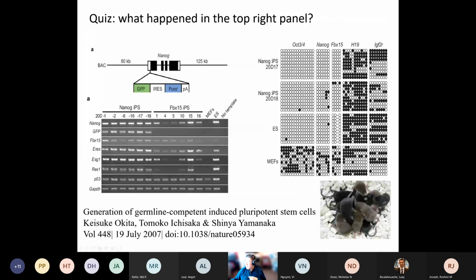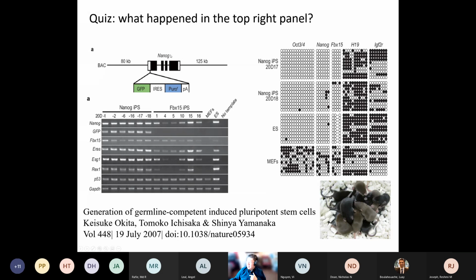Okay, so finally, I just want to point out how you read DNA methylation in scientific papers. You have these circles, and you get confused. What does it mean? This figure is from the paper that our student-led discussion will cover. It's from Shinya Yamanaka, the famous study that led to his Nobel Prize and the breakthrough in cell reprogramming. Basically, what he did here, he put 4 factors into